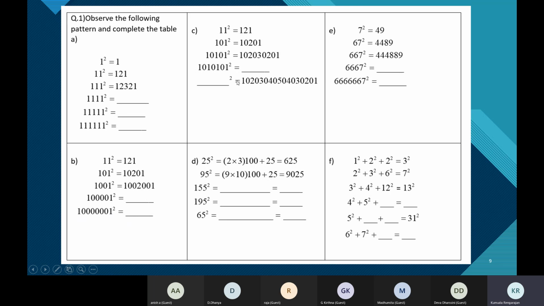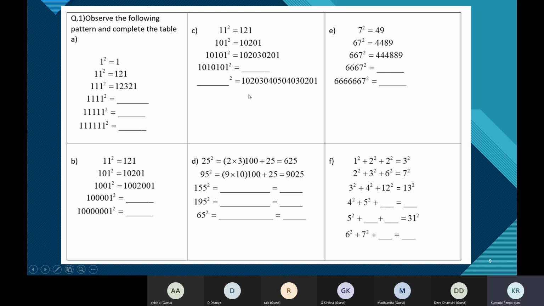Tell me this one, children. What will be the number here? Ma'am, shall I try? Yeah, you can just use this and tell me. 1 0 1 0 1 0 1 0 1 0, ma'am. No, not 1 0. 1. Yes, ma'am. 1 squared. The square is already there. So you can get it from this number.